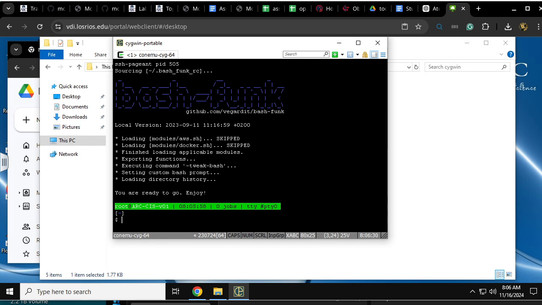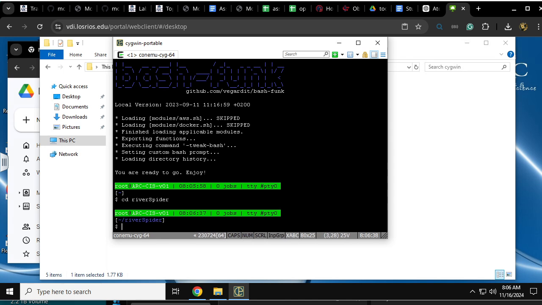So now you can type in the command, and the first thing we want to do is to change to riverSpider, and it is case sensitive. So once we get into the folder, the next thing we need to do is to go back. So this is where the Mac OS people also need to pay attention to. And